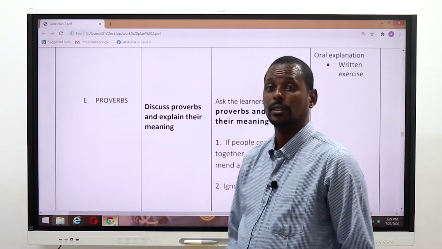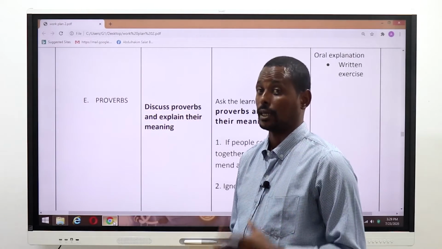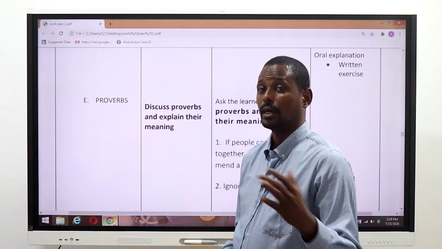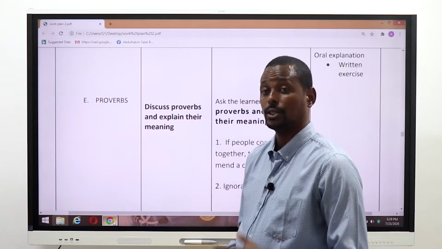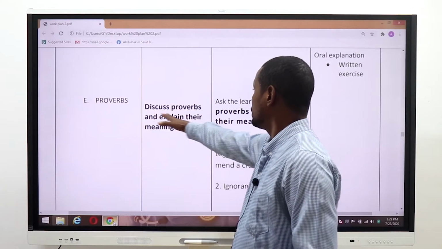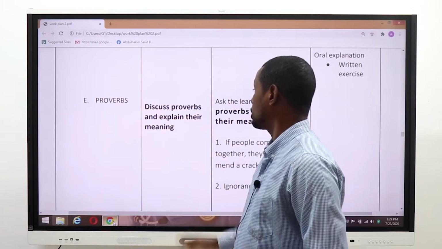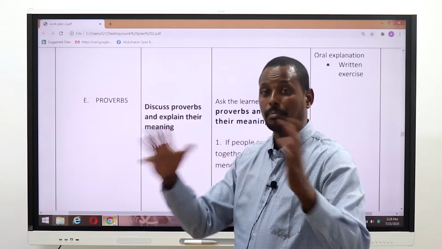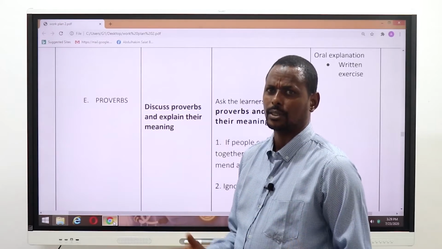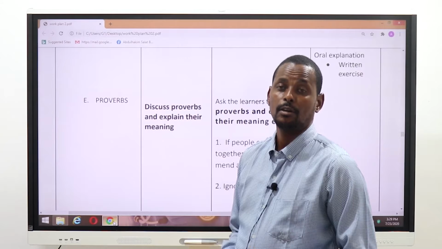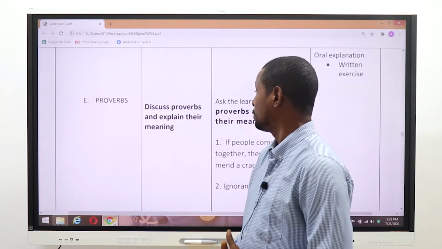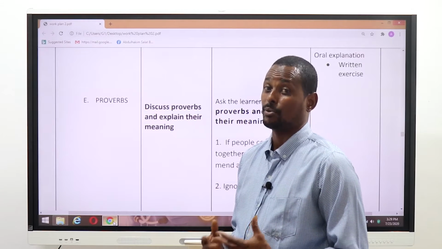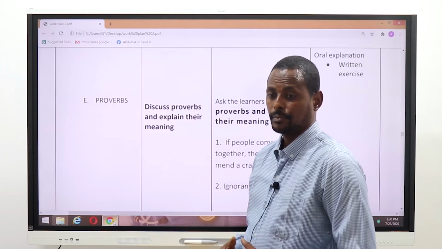just like the way we had objectives for other segments like reading comprehension, writing, listening and speaking, and other genres of literature. So the objective will be: discuss proverbs and explain their meaning. When we say proverb just like that plainly, it might seem very simple, but a proverb is very important. When we want to explain the meaning of a proverb, basically we have